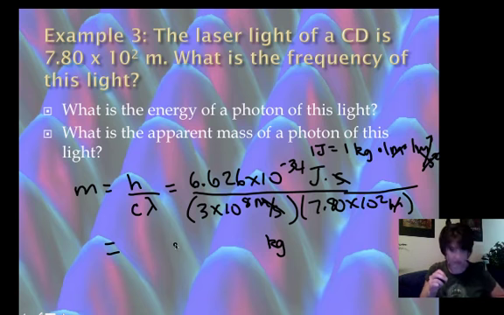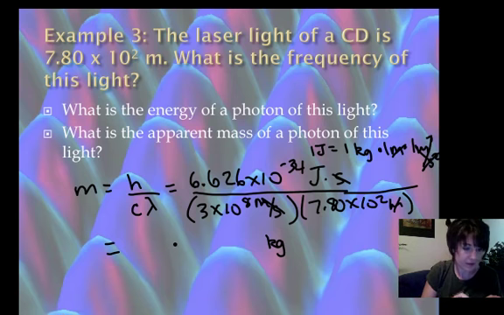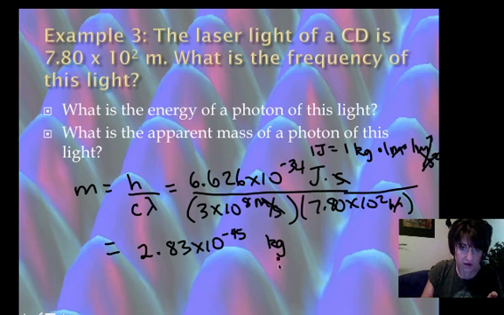All right, time to do some math with my calculator. So what can I do here? I have energy, so I'm going to take Planck's constant, divide by the product of the speed of light times the wavelength. So I end up with an apparent mass of my photon of 2.83 times 10 to the minus 45 kilograms,